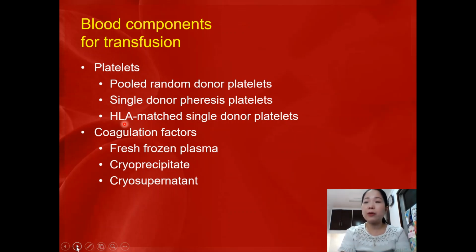And of course, aside from platelets, you have coagulation factors replenishment, especially for those with factor deficiency or hemophilia. You can give FFP or cryoprecipitate. Remember, cryoprecipitate has higher factor 8, hence it's better to give them cryoprecipitate. Those suffering from bleeding secondary to disseminated intravascular coagulation, you can give fresh frozen plasma or cryoprecipitate. Cryosupernatant may be given during plasmapheresis among patients with thrombotic thrombocytopenic purpura.